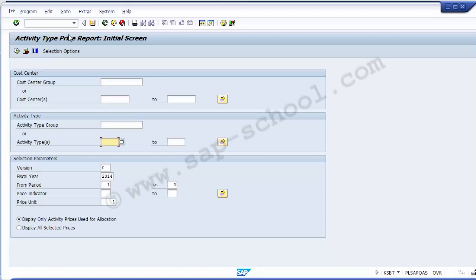And once you have selected those parameters, you can go down and select the version, and the version will be 0 for actual as well as for plan. Then moving down, you need to put the fiscal year and assign the period from and to. Suppose I take the period over here as 1 to 12 for the whole fiscal year. The price unit, you can put as blank, you can put the price indicator as blank, then you can select over here display only activity price used for allocation. So I want to see what are the different activity prices assigned to the cost center that need to be